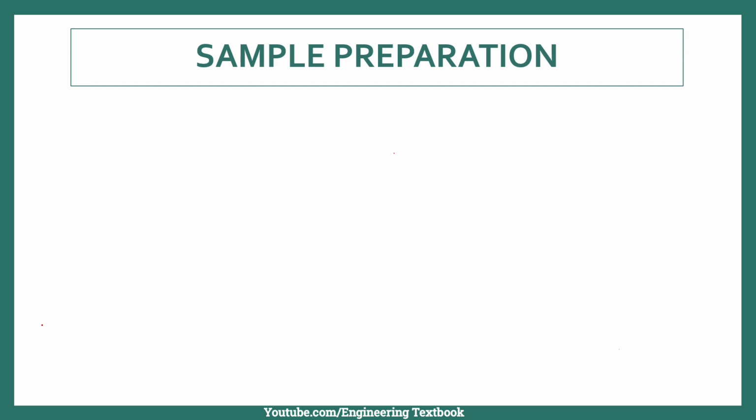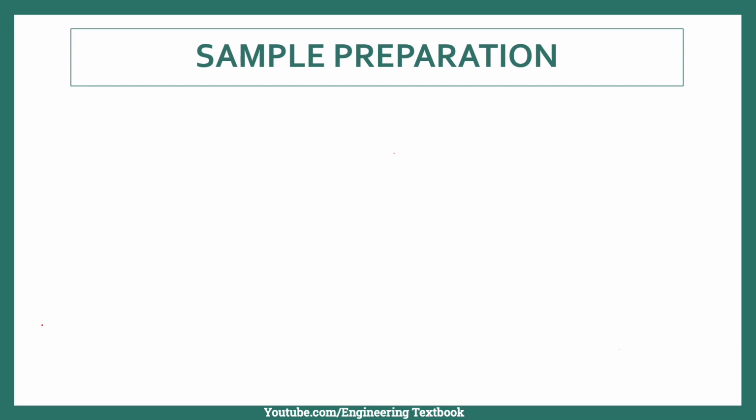In order to reveal the microstructure of metal under the microscope, a number of samples from different locations are to be cut from the material for proper analysis under the microscope. These samples are to be prepared properly before microscopic examination. So there are generally a number of steps to prepare the sample before examining it.